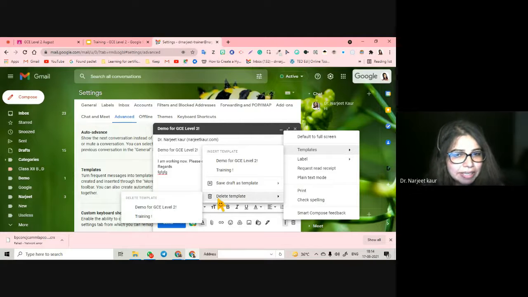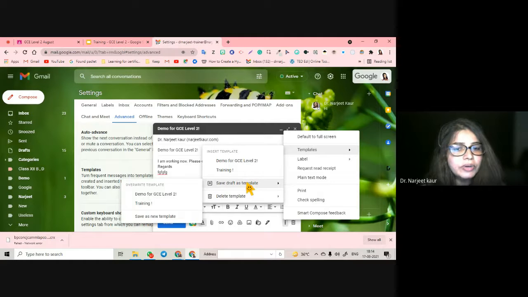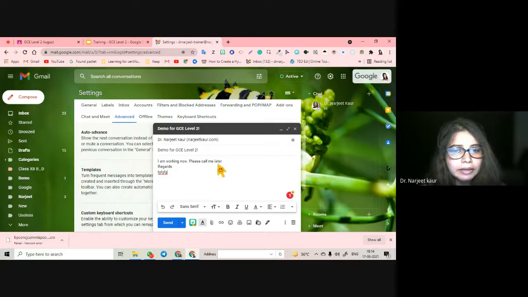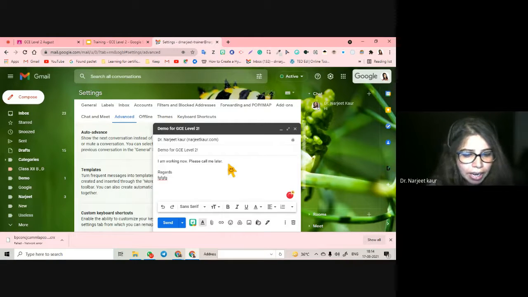You can delete a template also if you want. Both of them, you can delete one of the templates. You can save new templates from here. You can overwrite the template also. For example, this was the template I wanted, and now I want a little change in this template. Please call me later, and if possible, I will call you on my own.